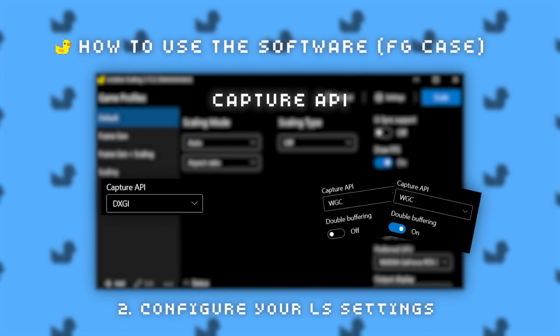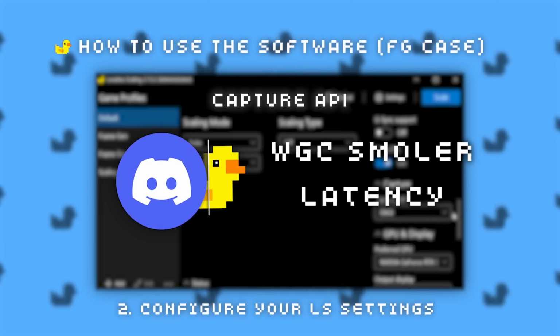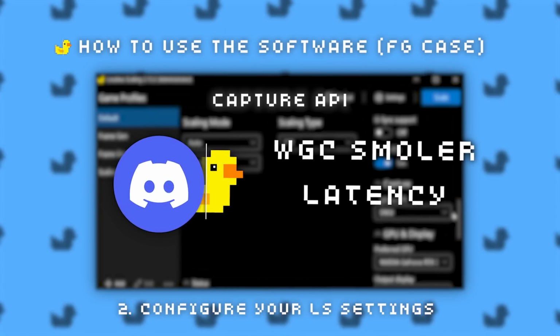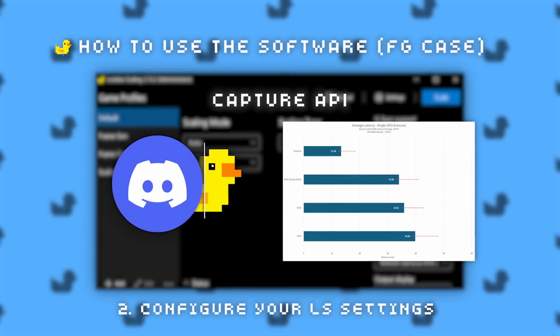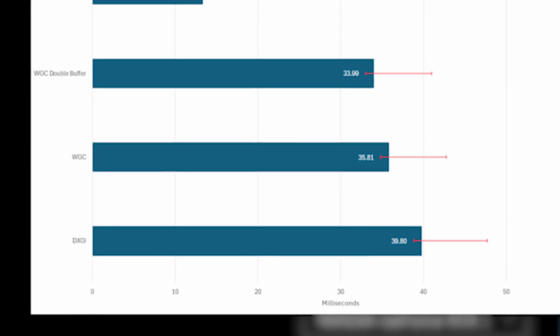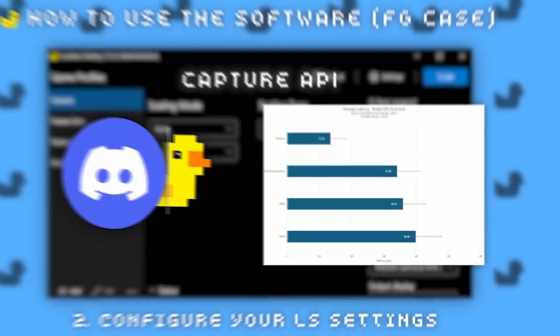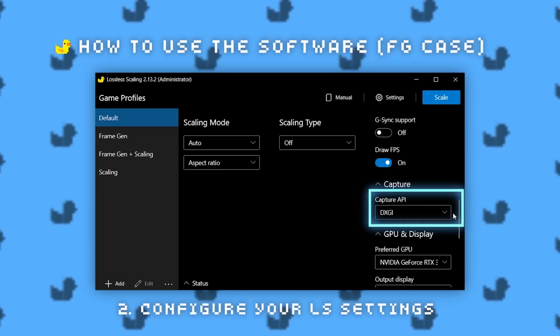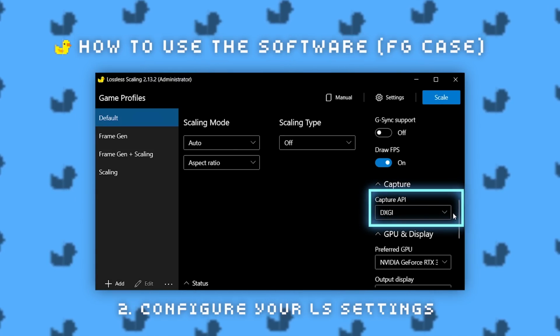Why? Because people in the community have said that WGC has smaller latency in comparison to DXGI in 24H2. In fact, it's not just that the community has said so, it has been tested that WGC has smaller latency if you're using Windows 11 24H2. Unfortunately, my Windows version is 23H2, so I cannot confirm it myself, and I will set it to DXGI.